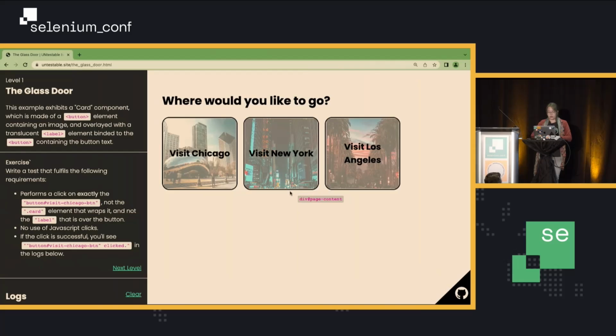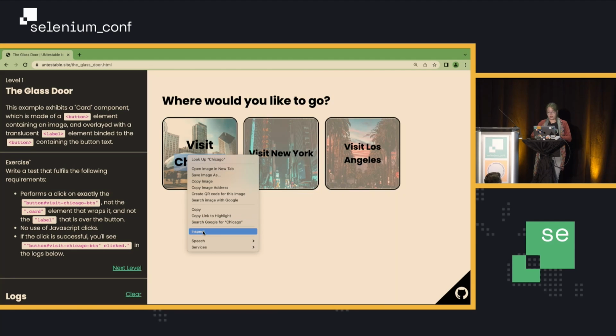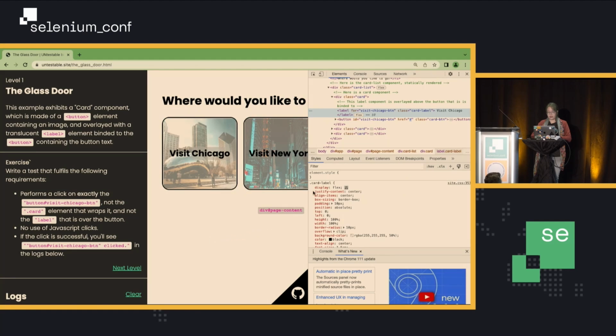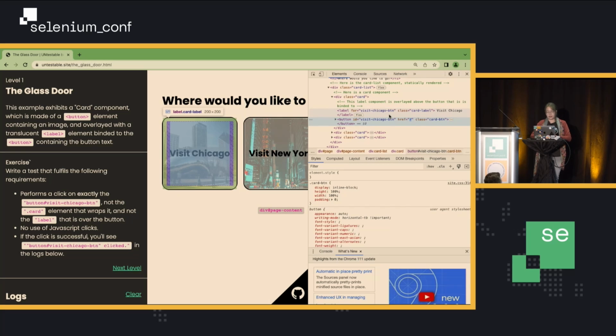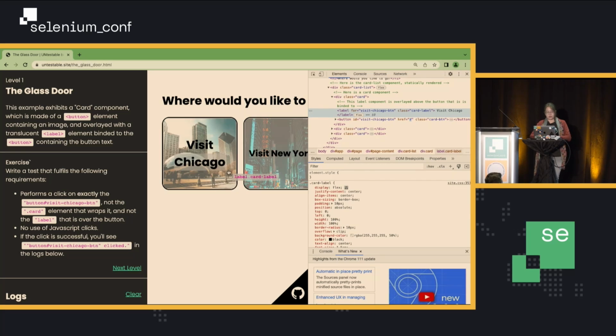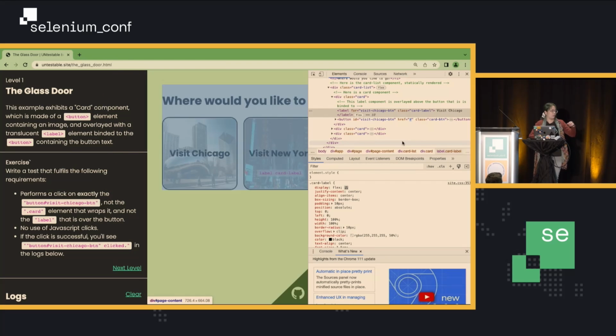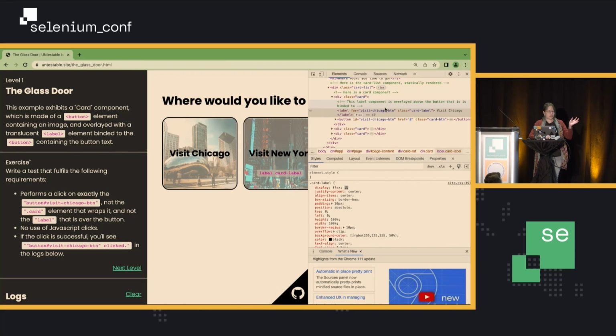So let me show you what this looks like underneath the hood. We inspect the element, and you can see we have a button over here, and on top of the button we have a label, and if you as a human click it, it works perfectly fine. There's no custom JavaScript involved, by the way. I wanted to keep it simple, so it's just a label that is bound to the button. If you click on the label that is bound to the button, it actually bubbles and propagates to the button itself. So yeah, more confetti.